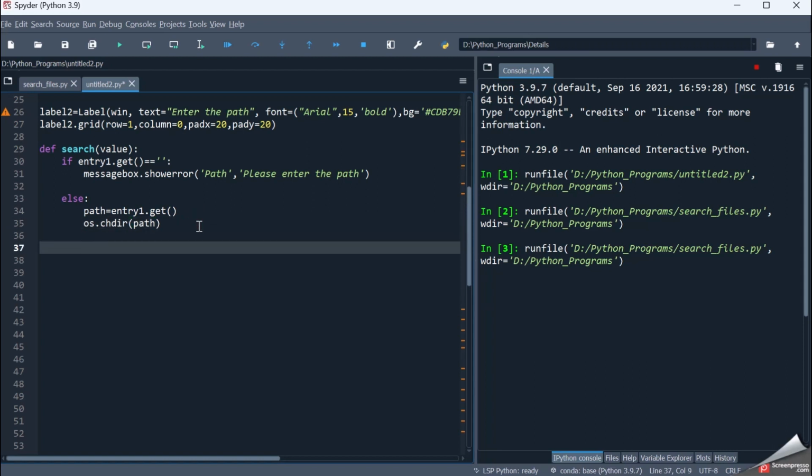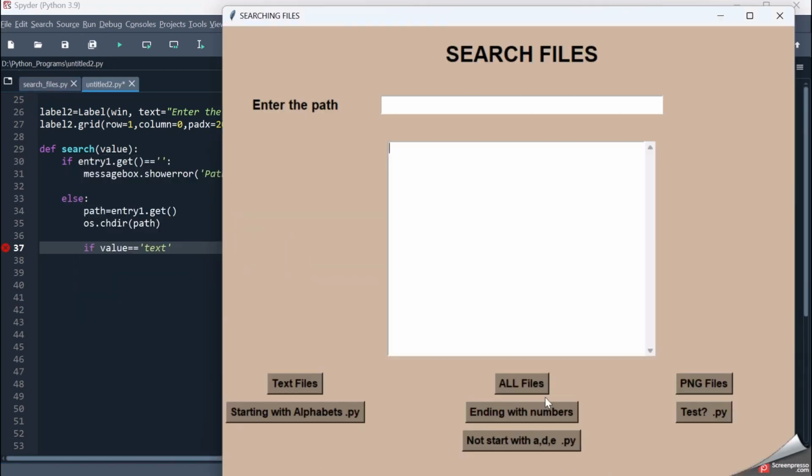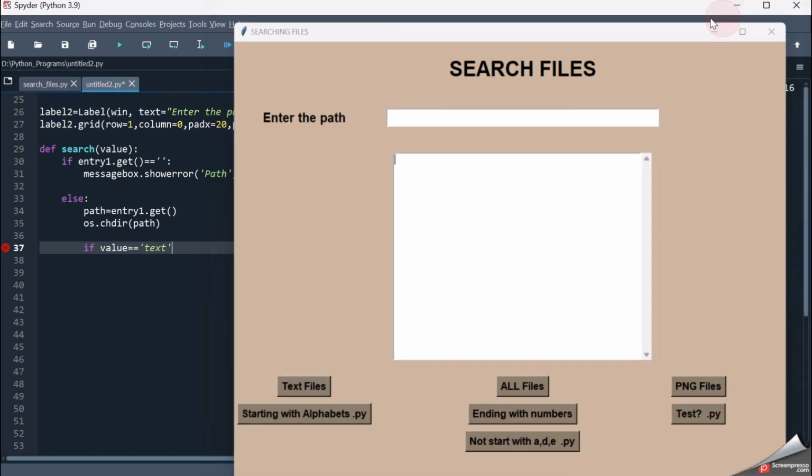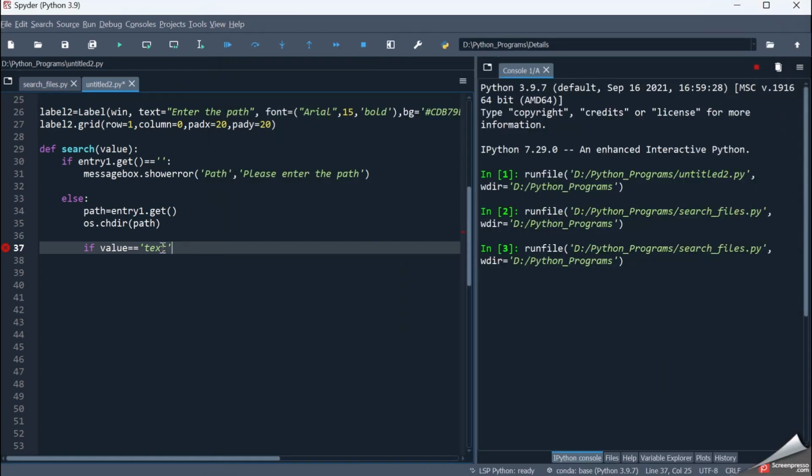Now, if value equal to text, when will the value be equal to text? When the user clicks on the text button. So when the user clicks on the text button, it will call the search function, and the value which it passes is nothing but text. So if this particular value is equal to text, then what I'm saying is